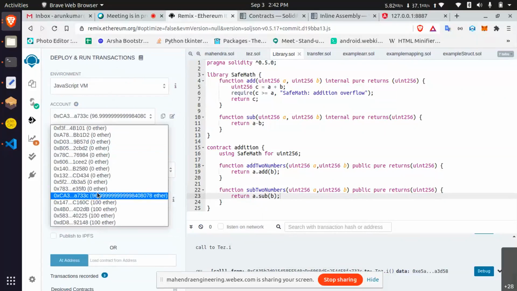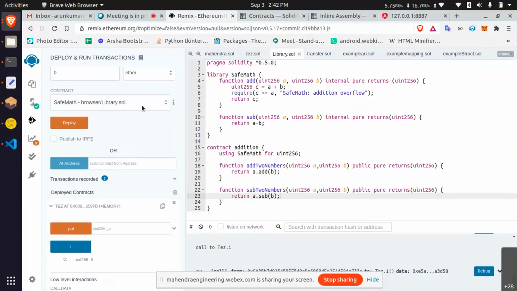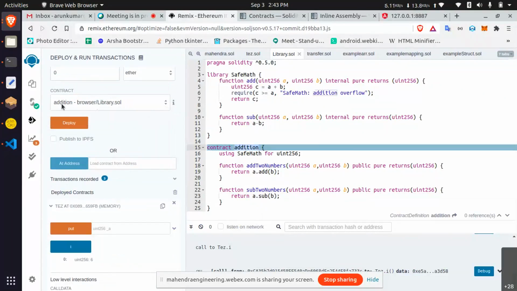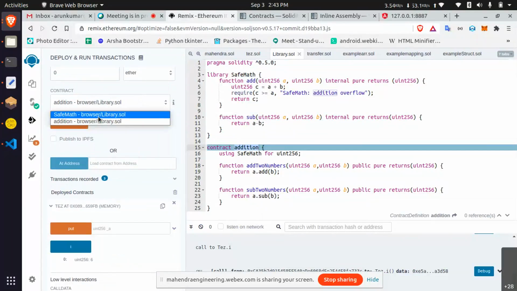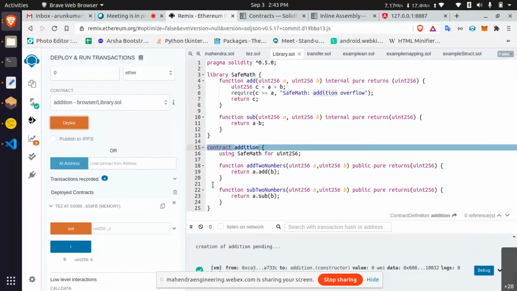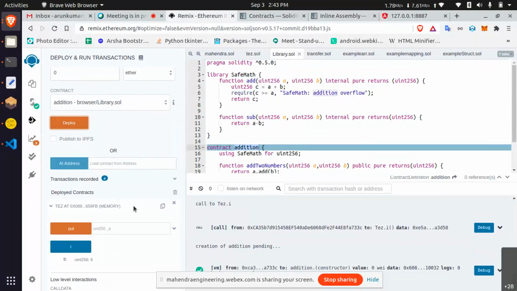Why? Because we don't have time to cover all the topics. That's why you have to select your contract. This is your contract addition. There is another one that also shows like a contract, but you have to select the main contract. This is addition. Just deploy. It is deployed.